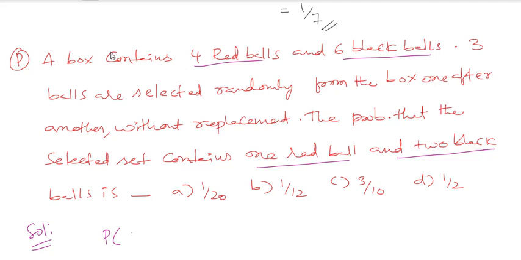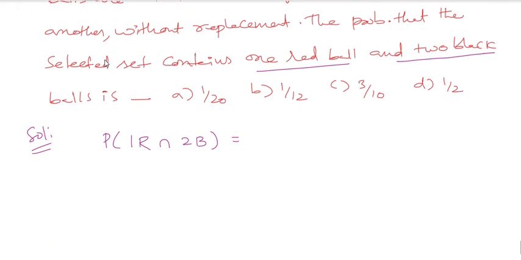So directly you can represent it as the probability of 1 red intersection 2 black balls. 1 red ball out of 4 red balls is 4C1, multiplied by 6C2,